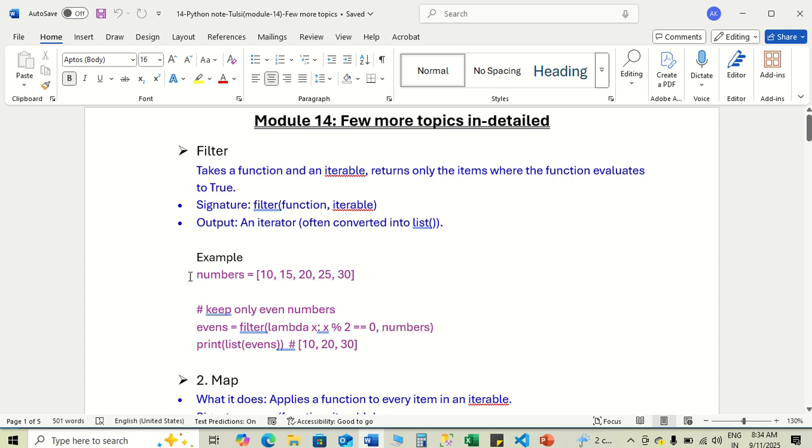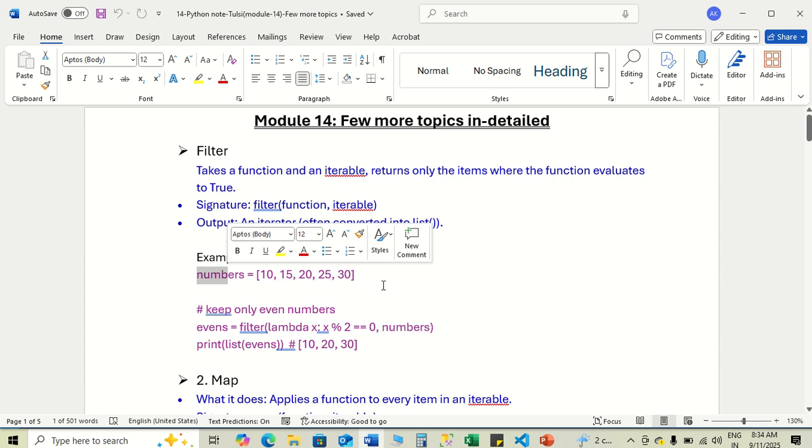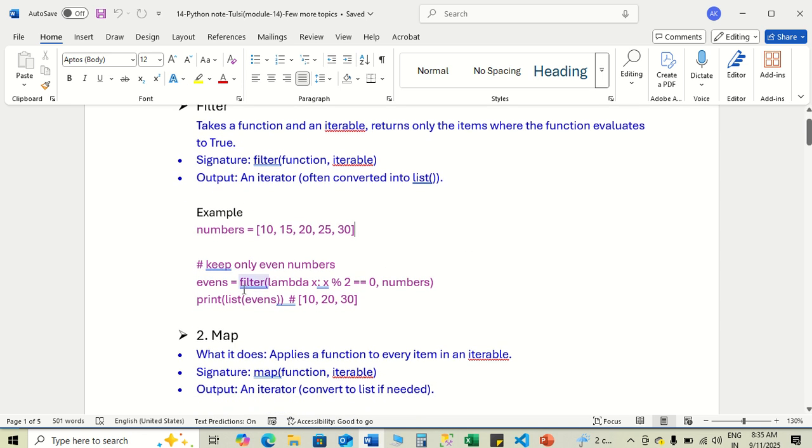So let's suppose we have a list numbers equal to 10, 15, 20, 25, 30. This is the list of numbers. So keep only even numbers. We have to write the formula like this: even equal to filter, then lambda. This is a function. So the function we have to write like x colon x percent sign 2 double equal to 0. It means when we divide, let's suppose 10 divided by 2, it's completely divisible. So we get 0 as a remainder